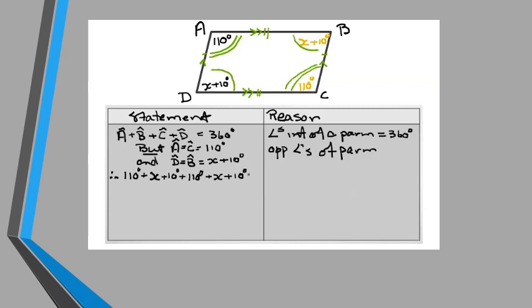And I know that all that has to be equal to 360 degrees. Therefore, I add all that: 110, 110, 10, 10. That total gives me 240 degrees, plus 2x, x plus x, like terms, equals